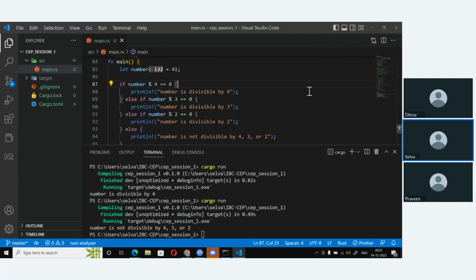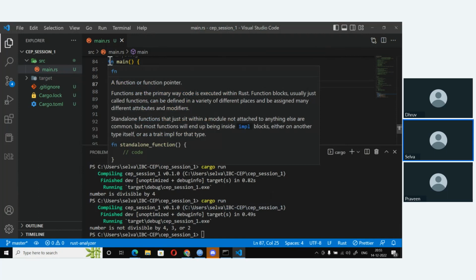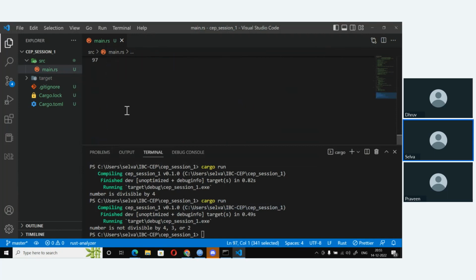There is something a little strange about this if else which I want to show you. This is also called the if let.